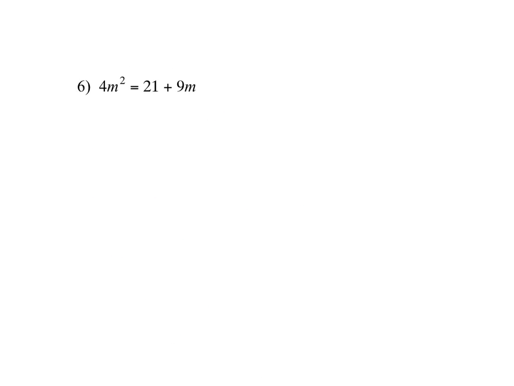Okay, so again, I'm going to move everything to the right side, so negative n minus 21 equals 0. Right? I don't have a common factor, so now again, a is 4, b is negative 9, and c is negative 21. So m